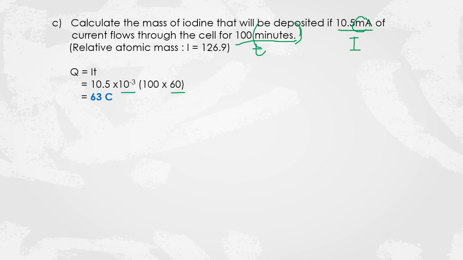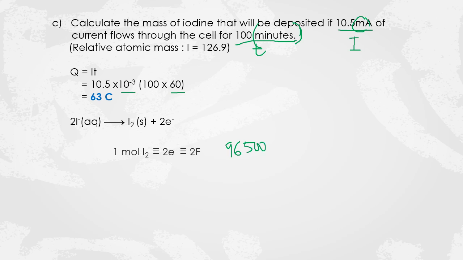In order to find the mass of iodine, we need to find the mole of the iodine itself. In order for us to find the mole for this 63 coulomb, we need to relate it to the theoretical value. So we somehow need to relate it to the half cell equations we have written earlier. We have 1 mole of I2 with 2 mole of electrons. So 1 electron is represented by 1 Faraday. If we have 2 electrons, it means we're going to relate it to 2 Faraday. 1 Faraday is equal to